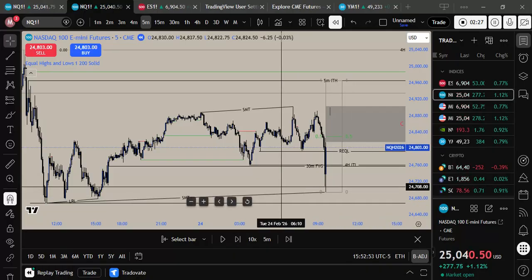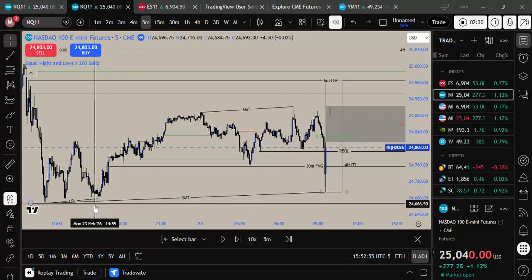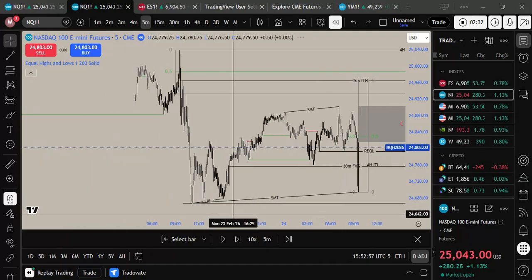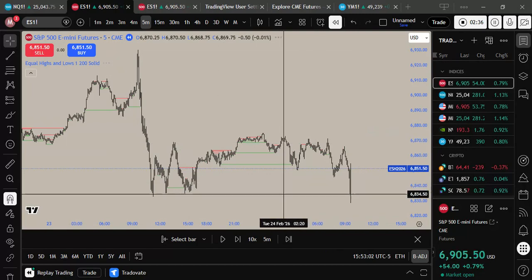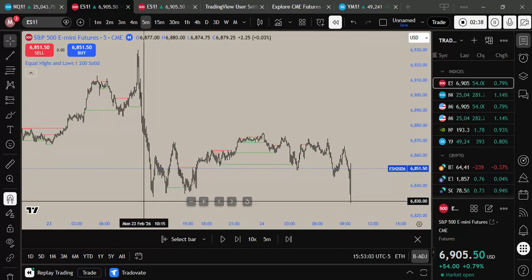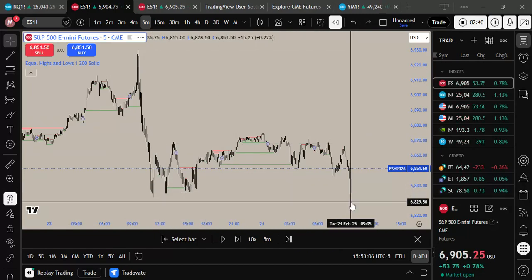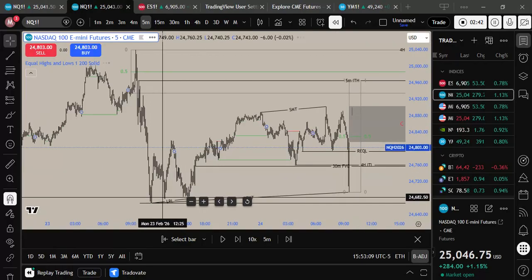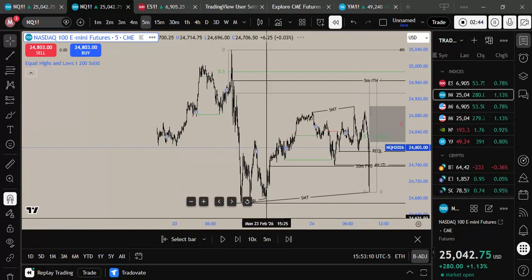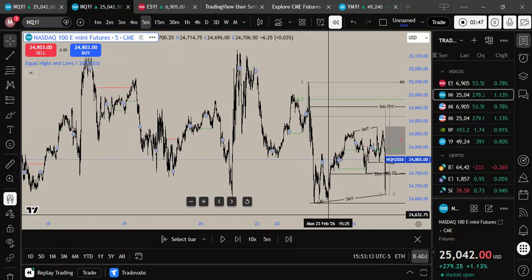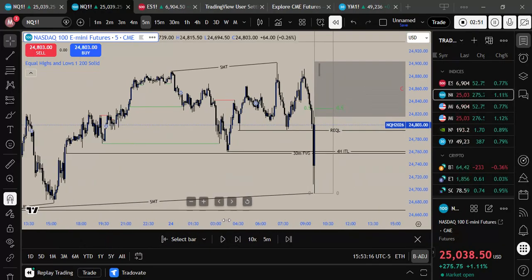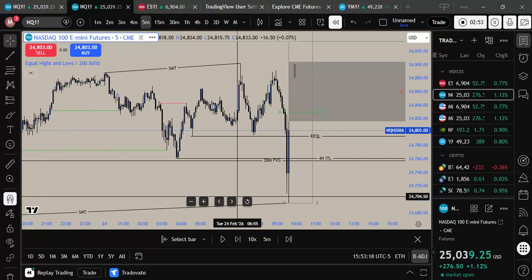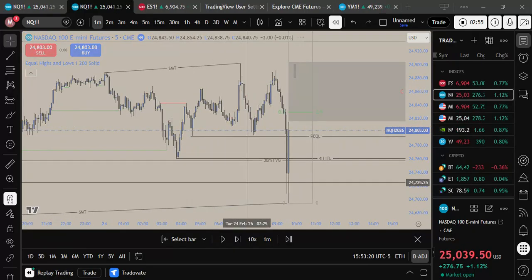and then we make an SMT with the previous day low. We take that out, so we have from these lows down to these lows up to these lows. We have a bullish SMT, so that low was kind of protected, and that LR was kind of a protected low, and so then,